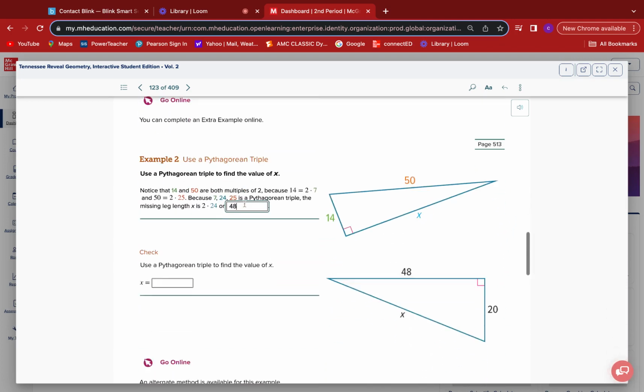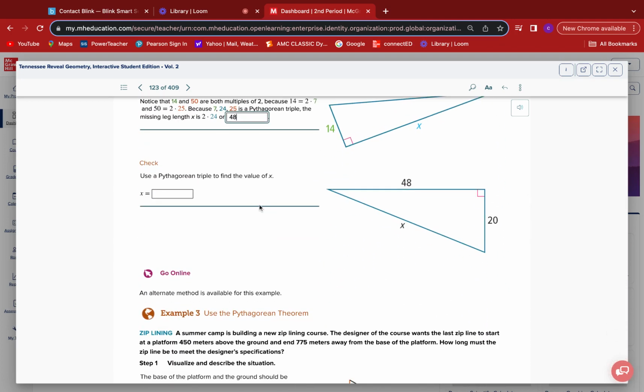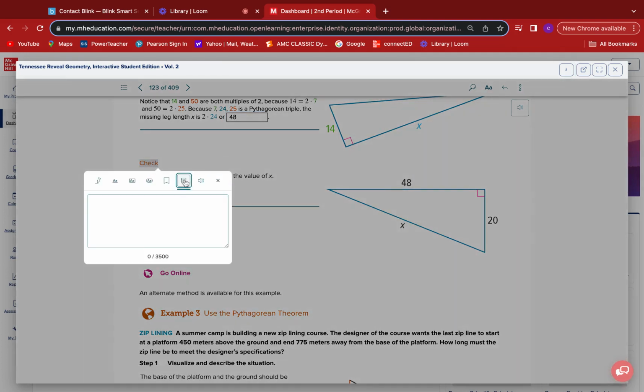But let's say that you're just not familiar with those. It's going to be a Pythagorean theorem. 90-degree angle points towards the hypotenuse. And that means your C is going to be X. One more time, you guys, it doesn't matter which one's your A and your B. 48 and 20, doesn't matter which one's your A and your B. It just really matters what the C is. So in our particular problem here, we're going to have